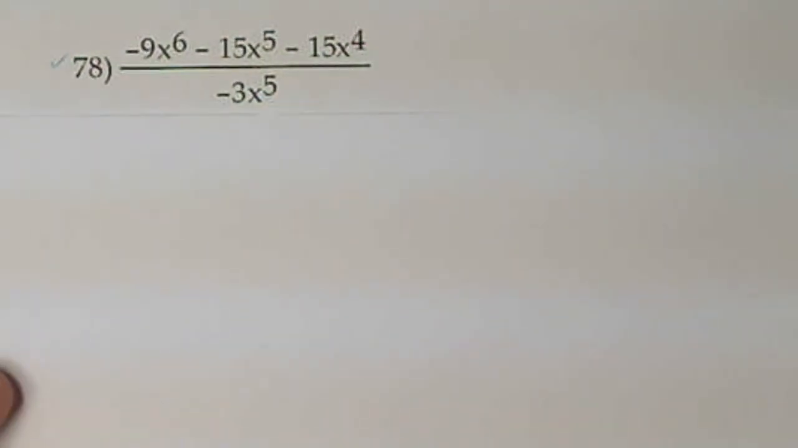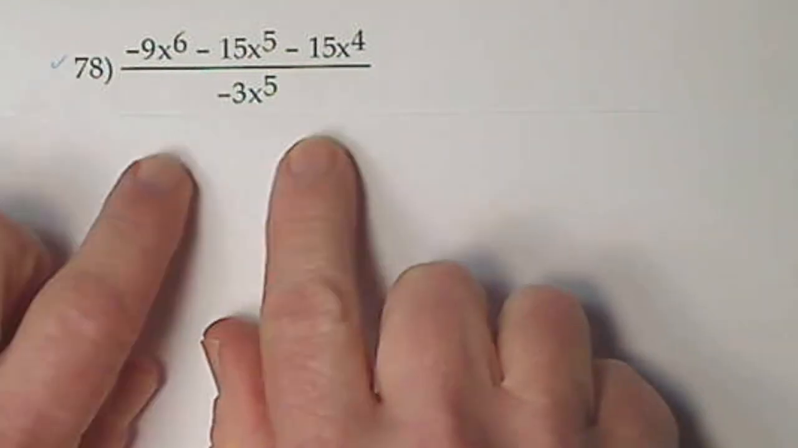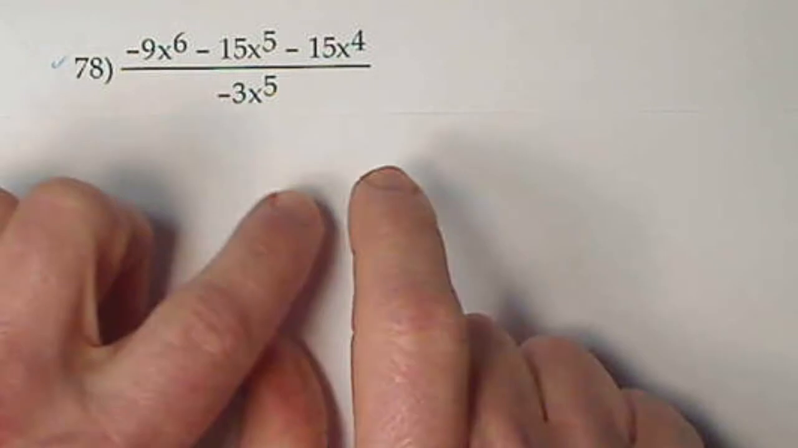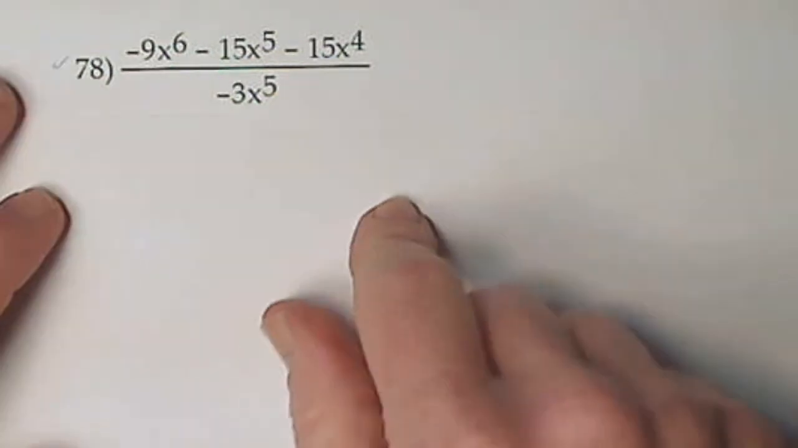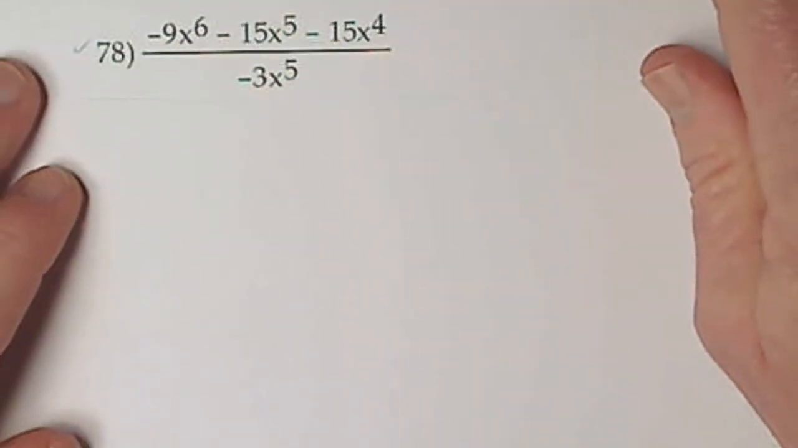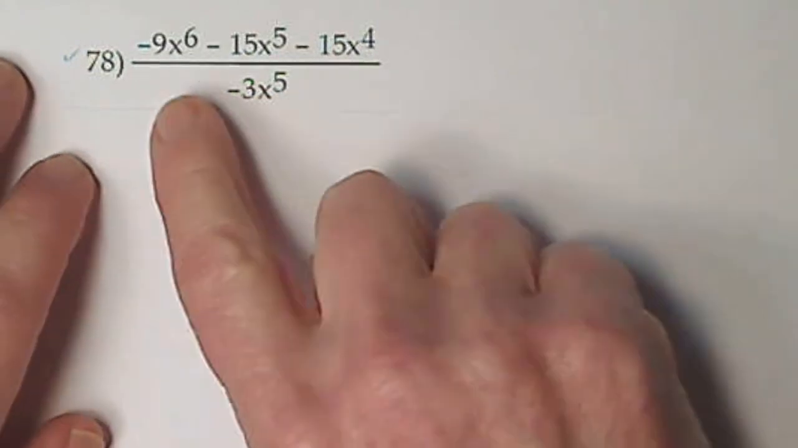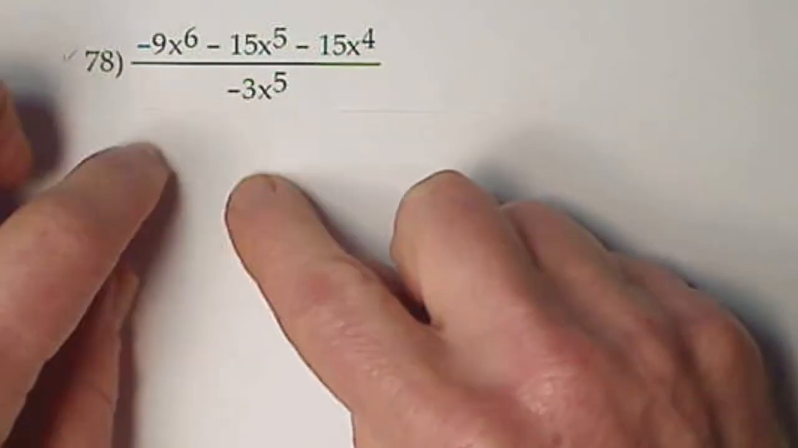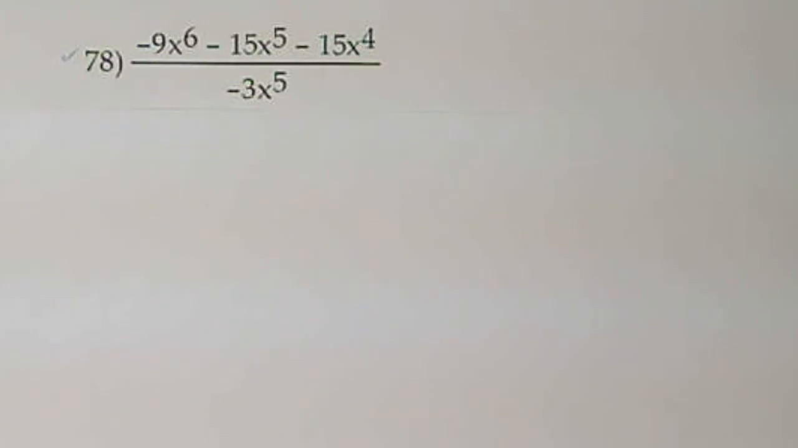And again, my suggestion is rewrite this expression with a negative 3x to the 5th under each term. Okay? And let's see what I've got here. These signs I'm going to keep up in the numerators. This sign I'm going to keep in the denominators. All right, so